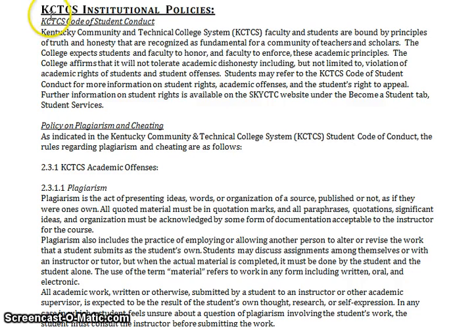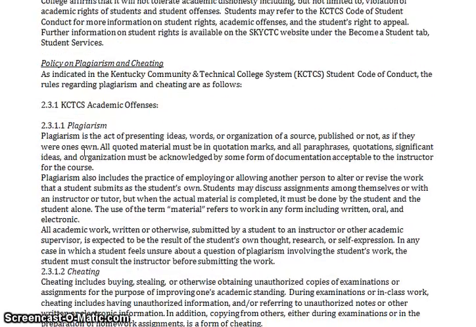Here we'll start with the KCTCS institutional policies for student conduct. So first, plagiarism and cheating. Being that this is an online class, there's a lot of ways that you could plagiarize or cheat. And for any of those, you will receive a 0 for the whole assignment. So what plagiarism and cheating are: